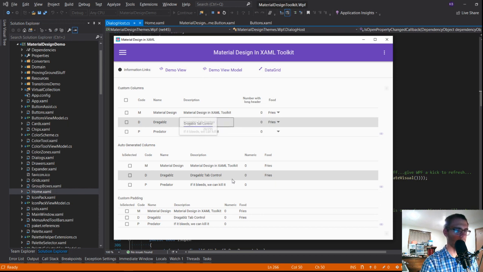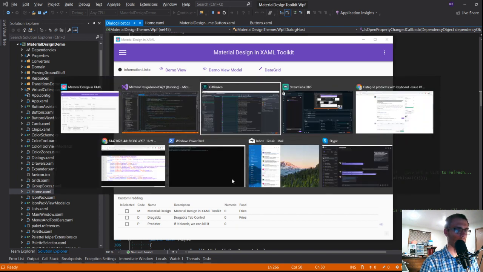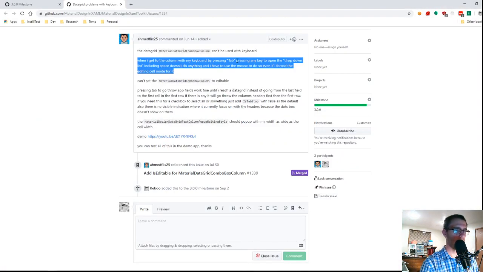So for example, spacebar on a text column, spacebar gets me into edit mode. Escape gets me back out. Over, spacebar. Okay. And nothing appears to get us in. So the initial problem of the keyboard is clearly still a problem.